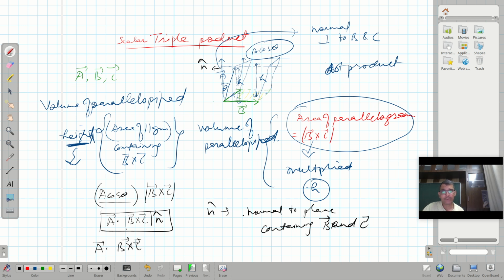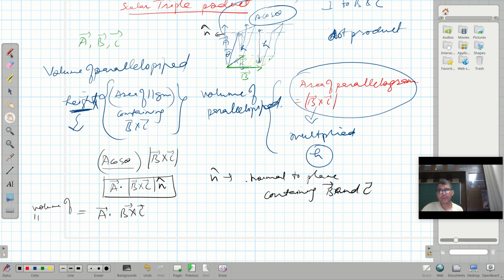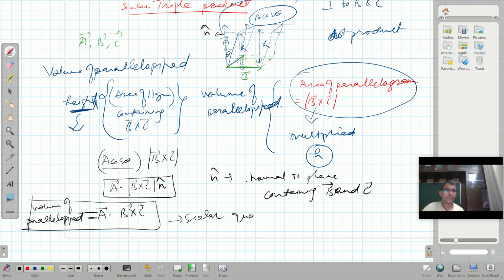as the scalar triple product. It is known as the scalar triple product, and it is nothing but the volume of the parallelepiped. And this is the formula for it, and this is basically a scalar quantity. So that means volume is represented by the scalar triple product and area is represented by, so let me summarize